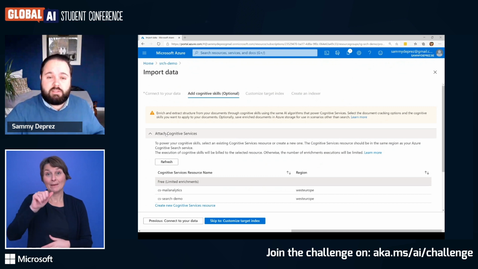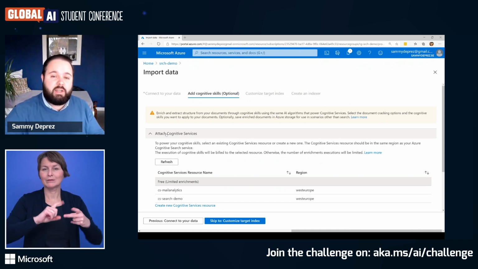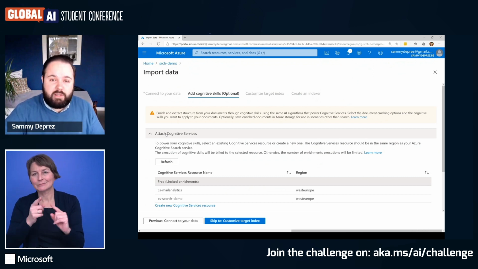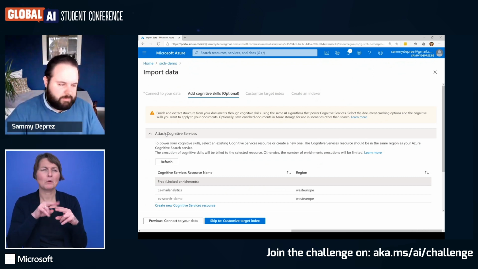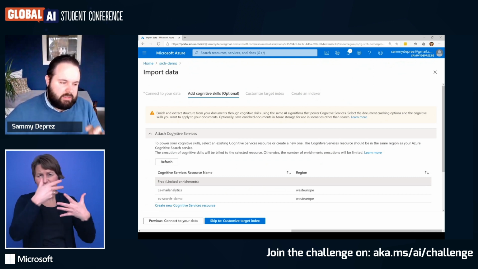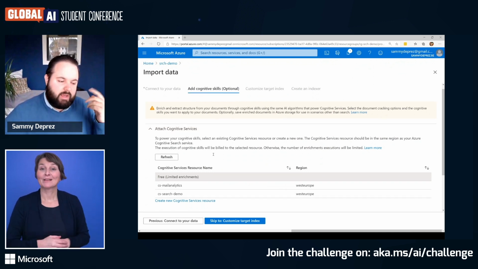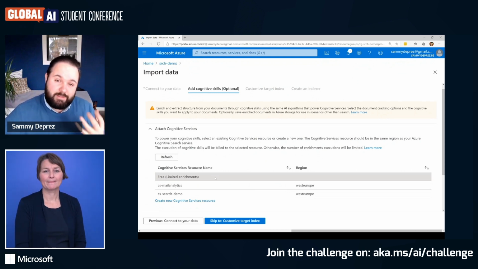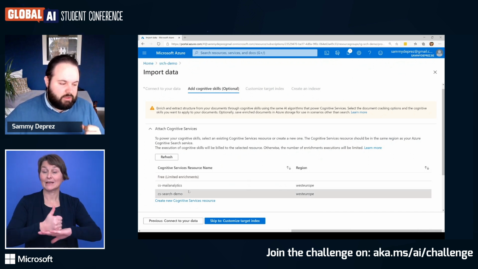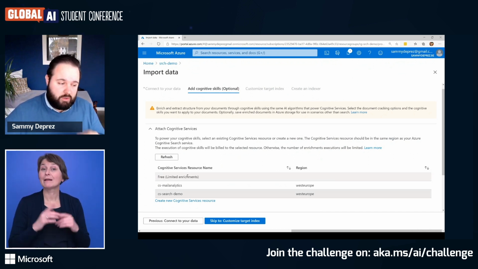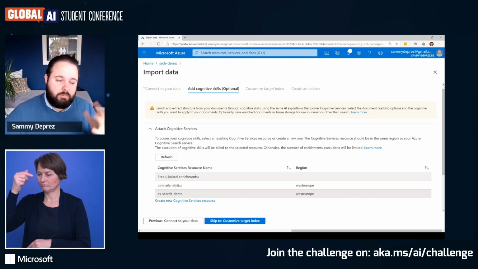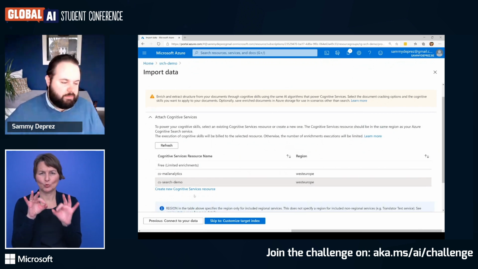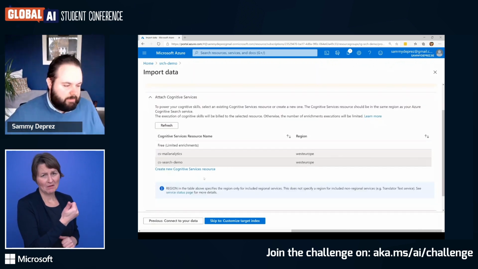There's speech to text, text to speech, of course, image analysis, text analytics, computer vision, video indexer, and so many more different items. Now, we just attach this one service to it. So I've created already on my Azure Portal the cognitive service, and now I can select it. You can use for your own purposes also the free limited enrichment, but you're limited to certain items. But for just trying it out, it's perfect.